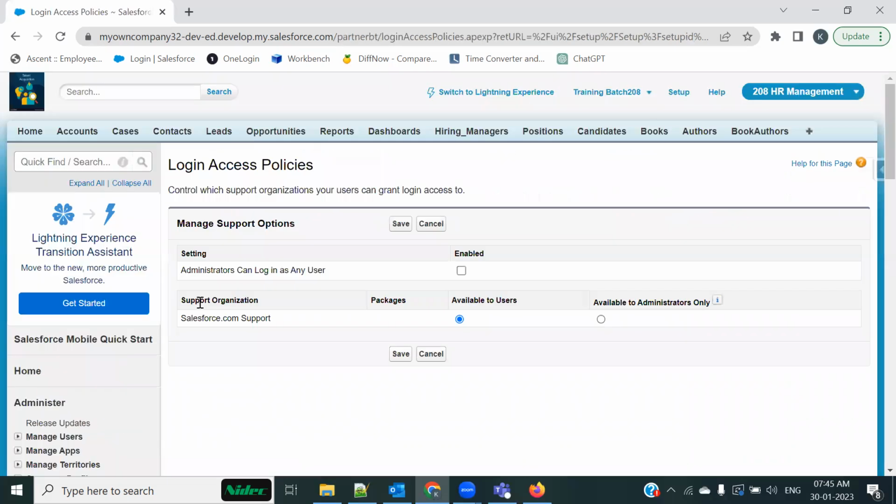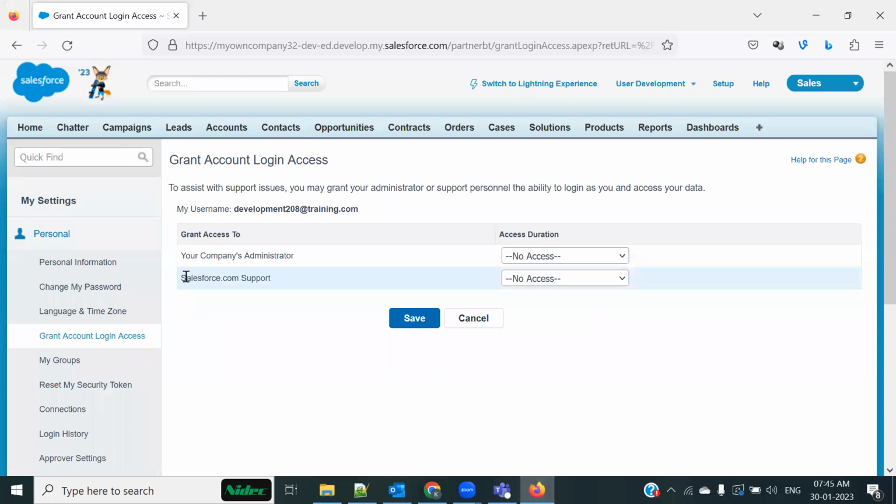Login access policies. In the login access policies, this is one setting. What I see over here is the support organization, salesforce.com, available to the users. By default, this radio button is selected, so the support from Salesforce is available for all of the users, and any user could make contact to